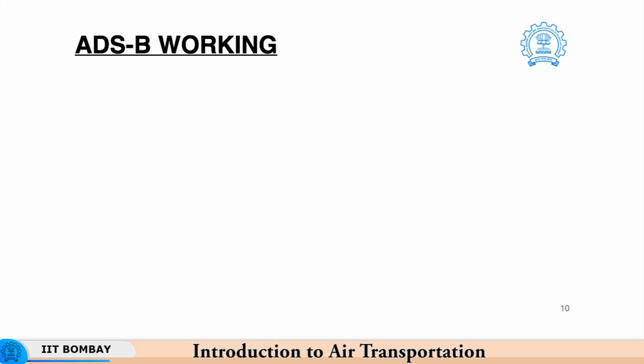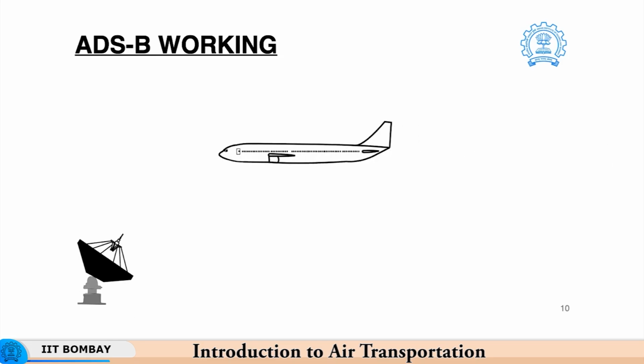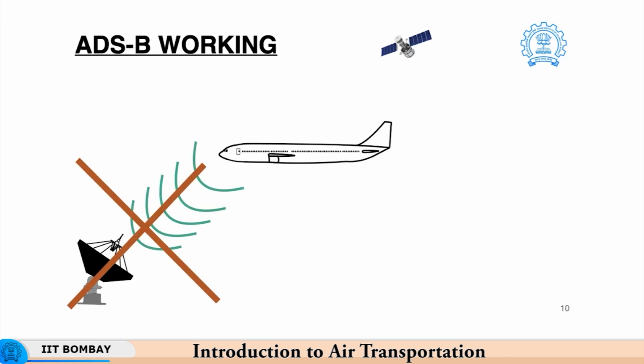Let us understand how the ADSB system actually works. Primarily, we know that surveillance was first carried out through the usage of radar. So, the radar would send a signal. Based on the interrogation signal, the aircraft would subsequently send a response signal. But an ADSB system does not include this. It involves the usage of a satellite system,